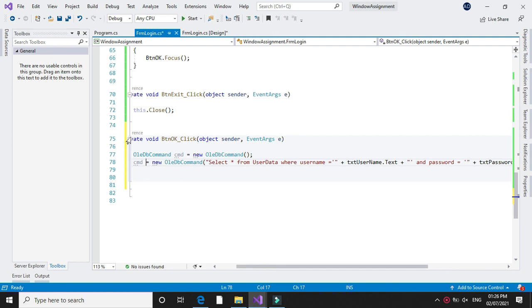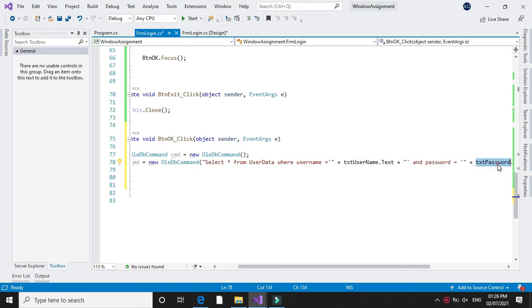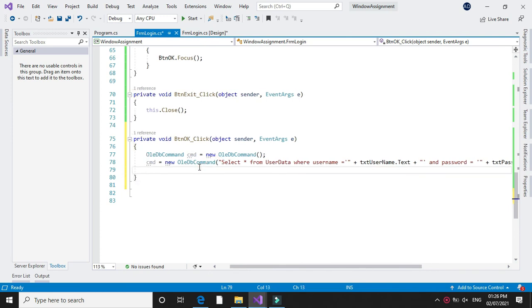That is, in the command object we have used select star from userdata where username is equal to the data that you have given in the text box username and password equal to the data that you have given in password. After executing this, we will store it in a data reader.